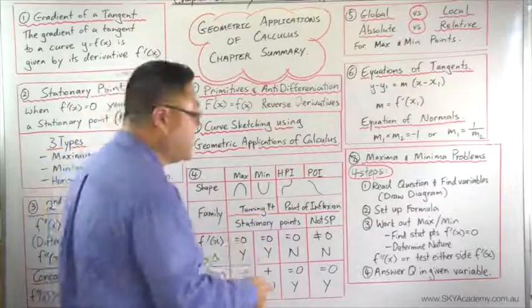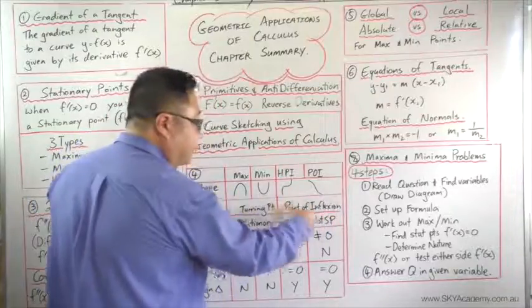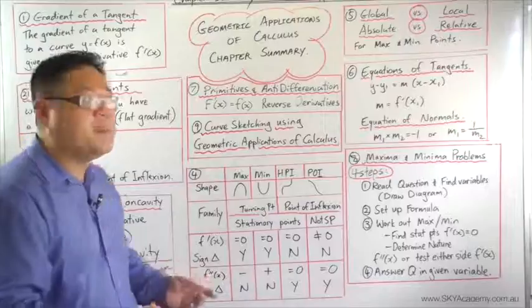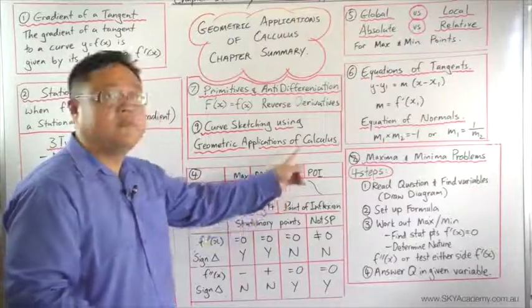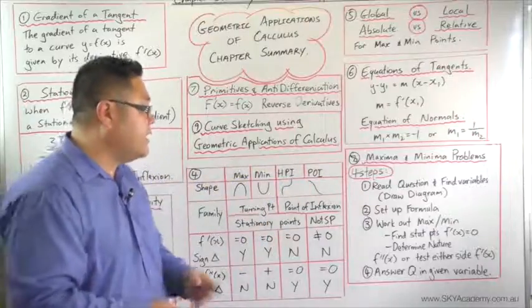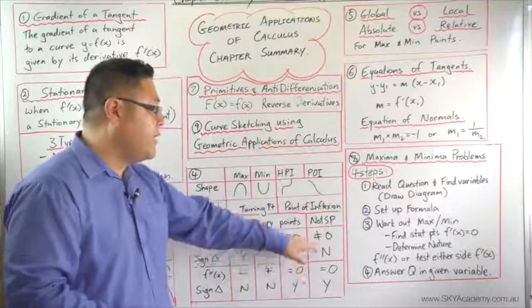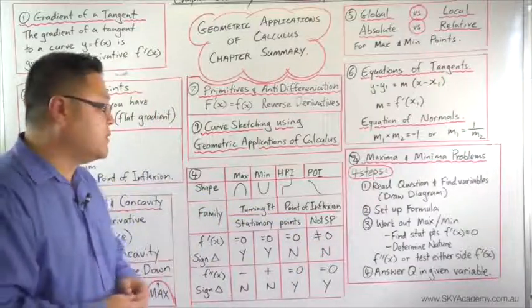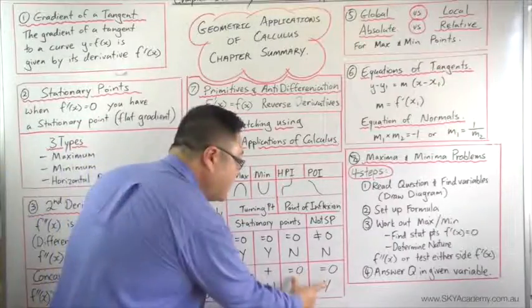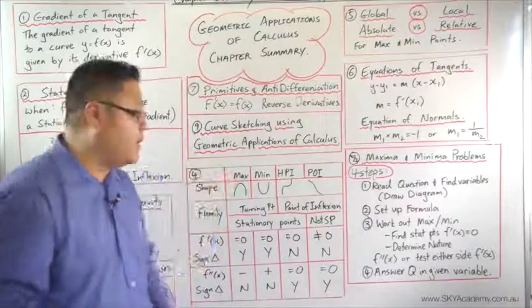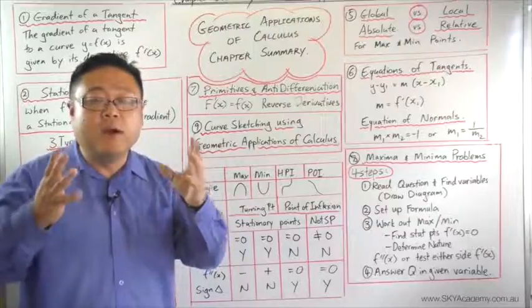The other type of stationary point is called a horizontal point of inflection, which is part of the family of what we call points of inflection. And what separates a horizontal point of inflection from a regular point of inflection is that a regular point of inflection isn't a stationary point, and therefore the first derivative is not equal to 0. But what's common to points of inflection is this: there will be a sign change on either side of the concavity,